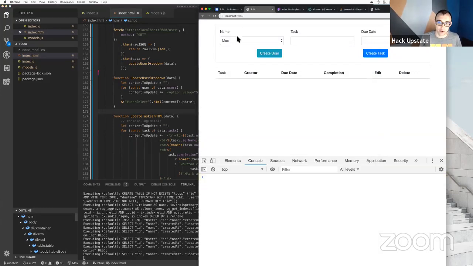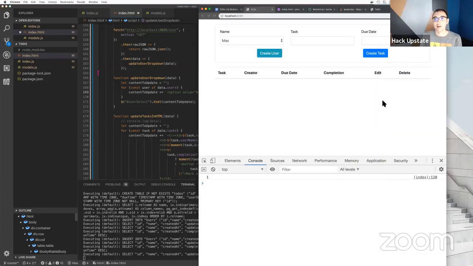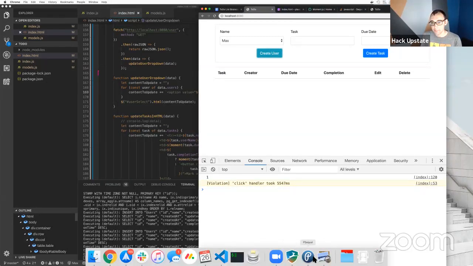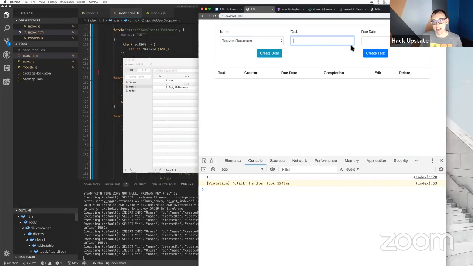And now when we refresh and we create our task and set our due date and hit create task, you notice 1 comes out instead. That's because we gave the value of the option the ID of the user. So if we create another user, we can look in P-SQL at the content of the users table and see Testy McTesterson shows up here. And so if we pick Testy McTesterson and go to create a task for him,